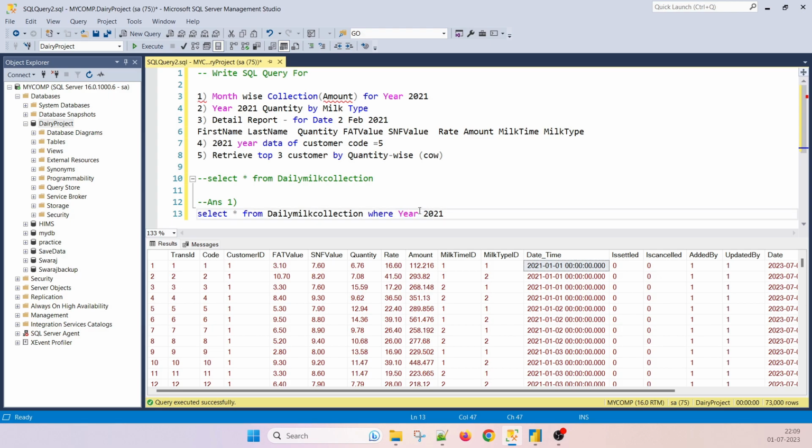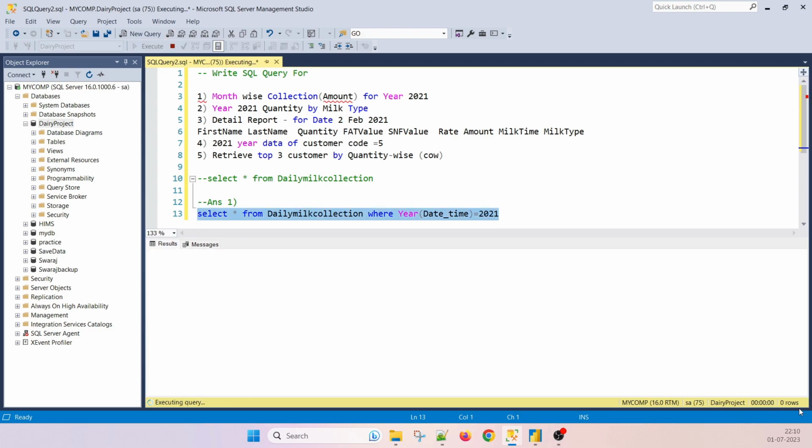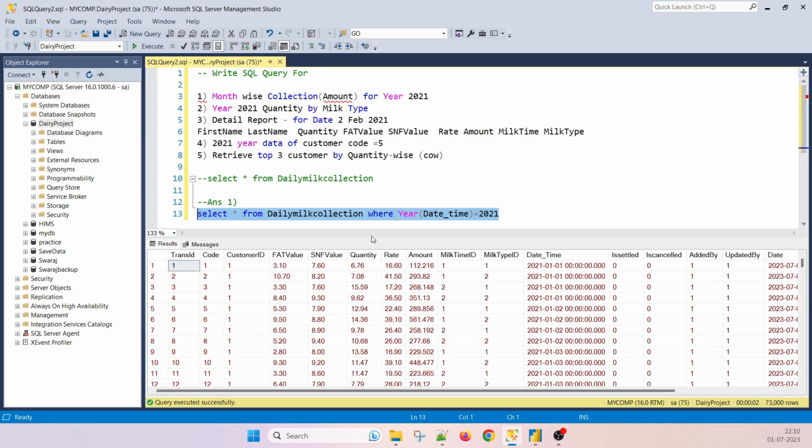So year of a particular date, meaning there is a date time column, correct? Date underscore time, and we are retrieving the year from that with the year function, and date time is the column. Suppose there are 2020, 21, 22, 23, 24, and we require only 2021, then we extract the 2021 data, correct? Here you could see there are 73k records, right? And next,